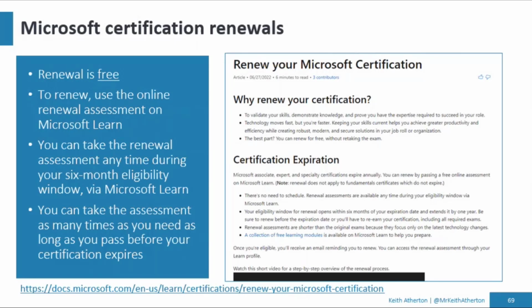So when you do have something that needs renewed, again, the associate level upwards as well, renewal these days is a bit more straightforward. You can do it for free online at home. It was a bit different previously. You had to take the full exam all over again, get another 2 years validation on that certification. But these days it's a bit more straightforward. It's a lot shorter assessment to do as well. And you can take it up to 6 months before the expiry date.